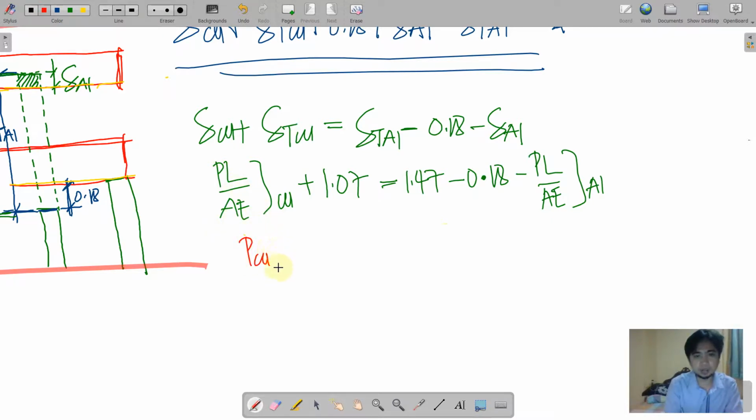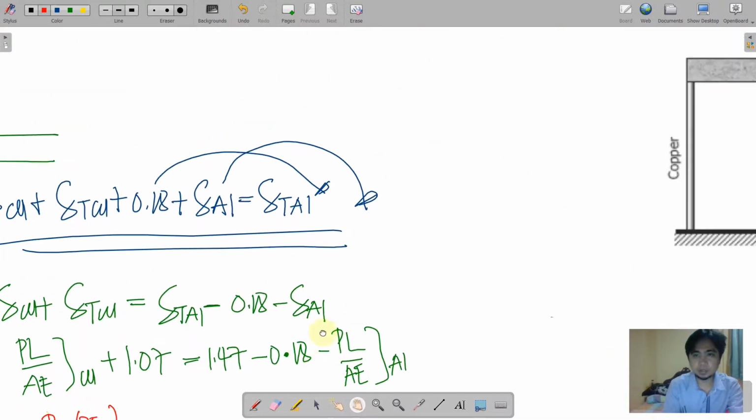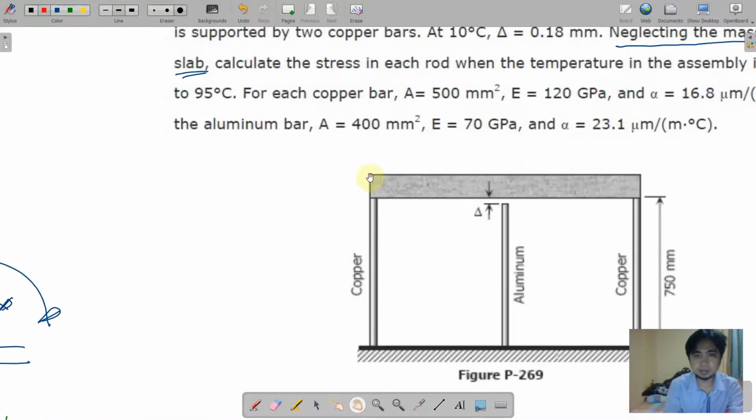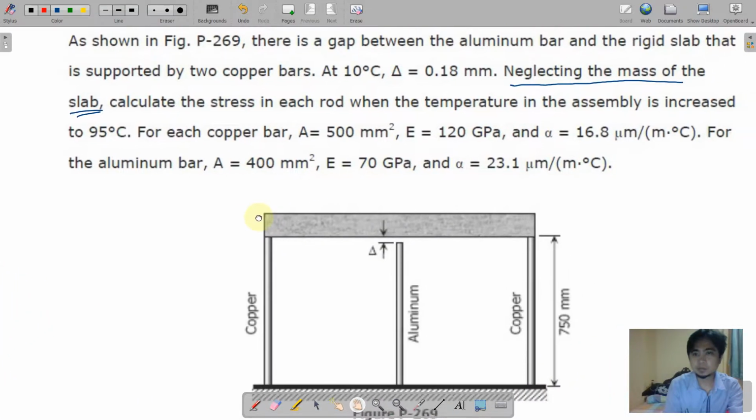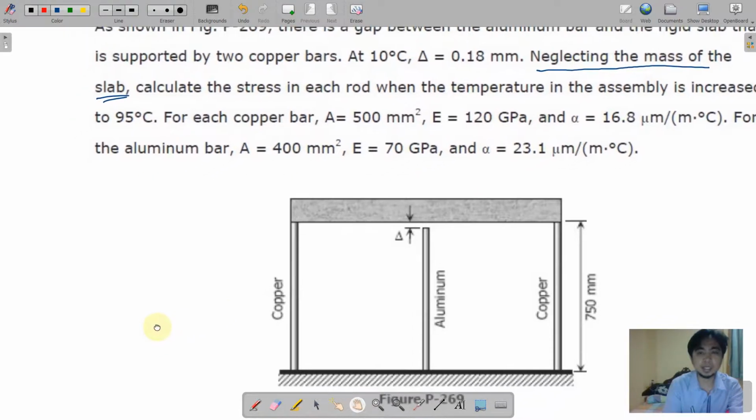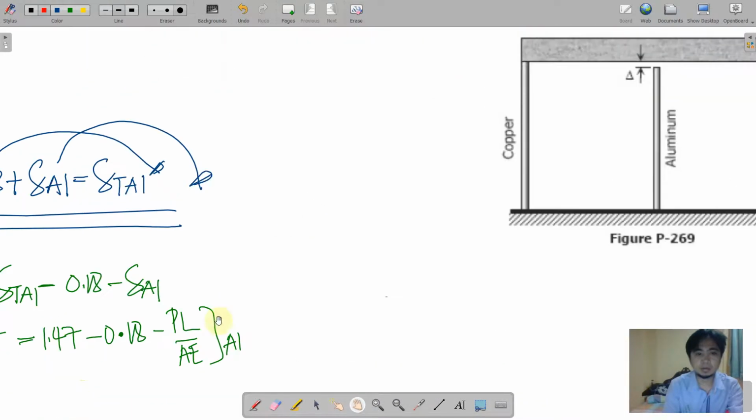Okay, the length of the copper here is 750 millimeters, and the area for the copper according to the problem is 500, having 120,000 megapascals elasticity. Okay, 500,